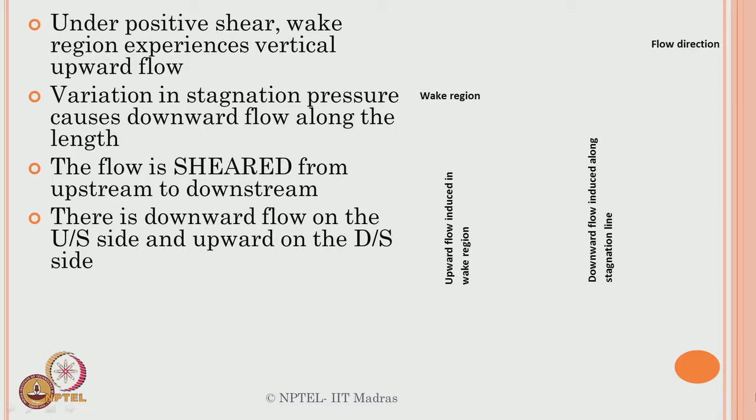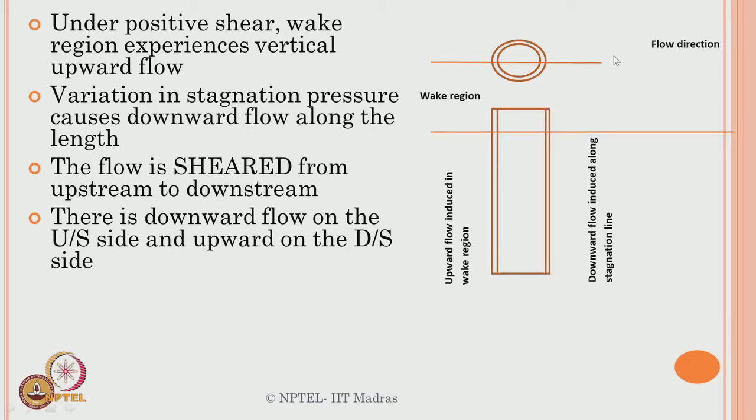Now, let us quickly see under positive shear the wake region. We all know the wake region is the flow past the cylinder. If this is my cylinder placed in the flow regime, if this is my elevation and this is my flow direction, we all know the wake region is on the flow past cylinder here. Under positive shear, the wake region experiences vertical upward flow. It will try to lift the member. You see here,